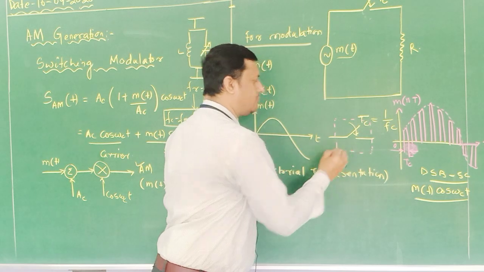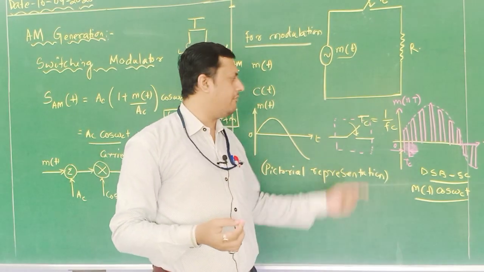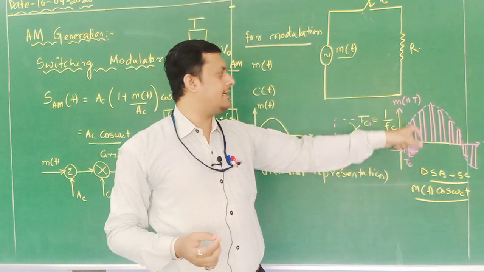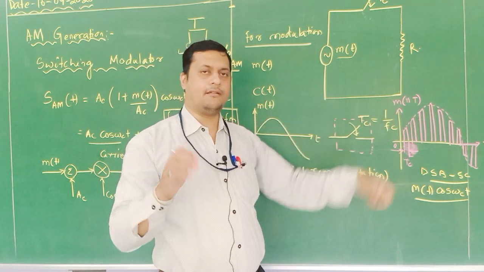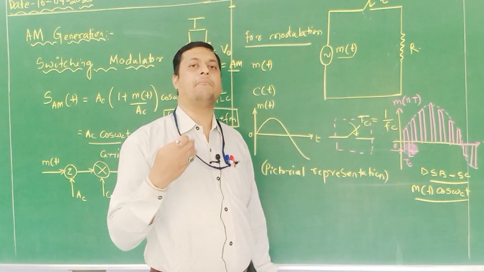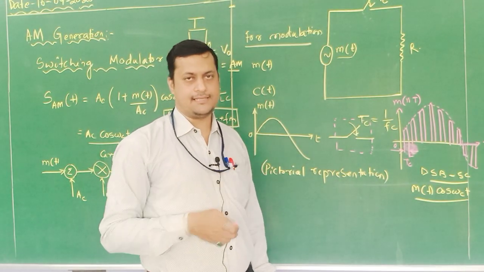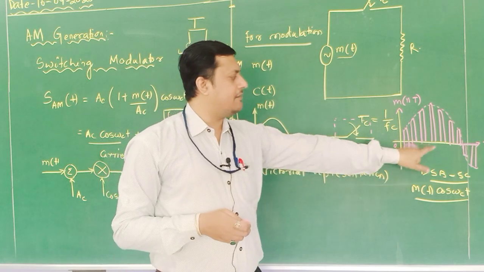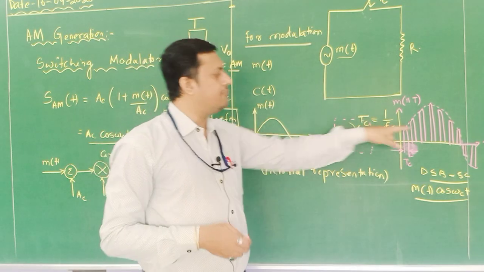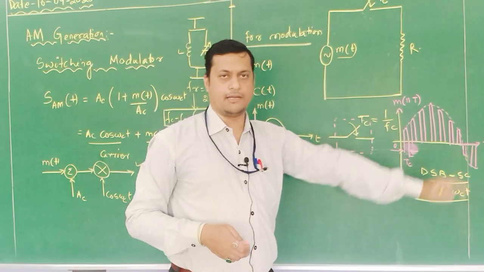And that switch is switched on and switched off at a rate of Tc. Okay. Then what are the samples we are getting? It is called m of nTc, n number of samples for a time period of Tc. And Tc is the periodicity of that particular sample. Now here each and every sample is for the positive half I have represented. Similarly for the negative half also you can represent.